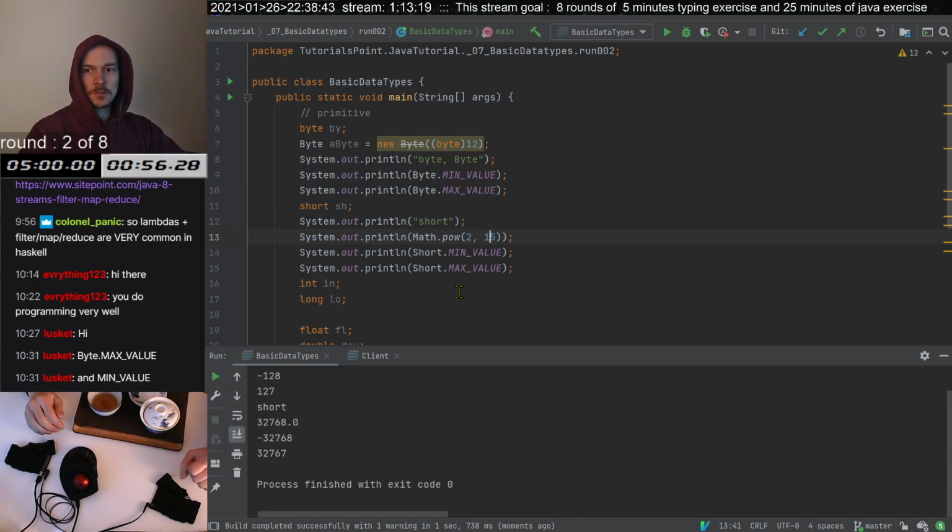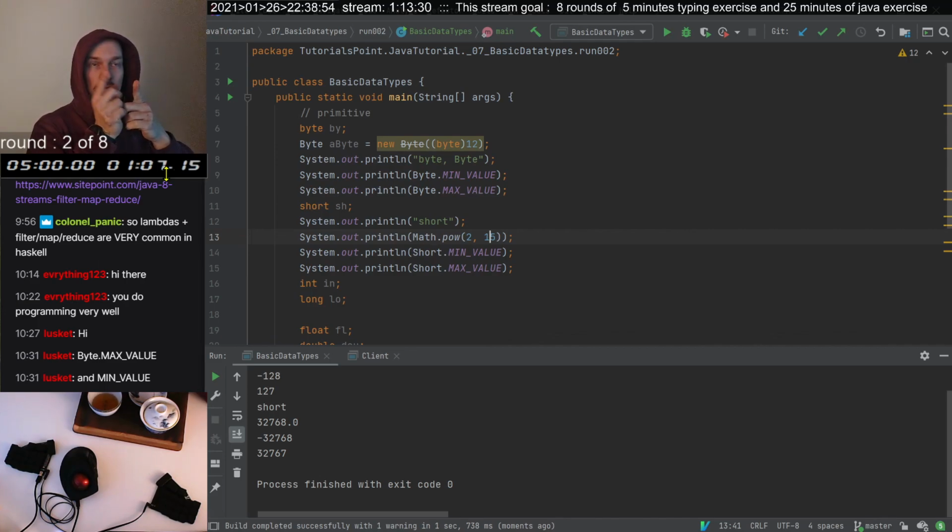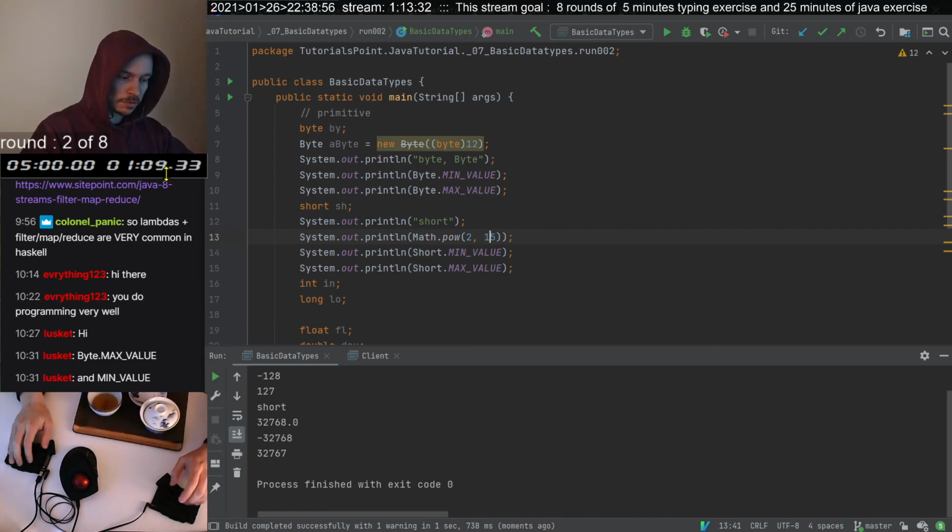Okay, so our timer is telling us that we are out of time, which means we are done with this round. Done is better than perfect, and we will continue